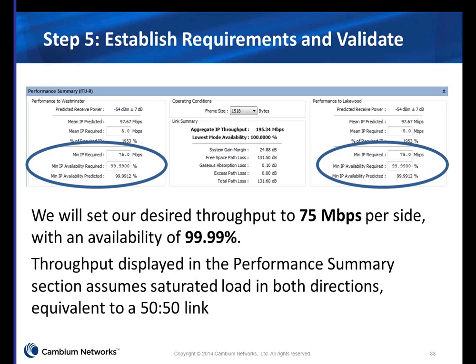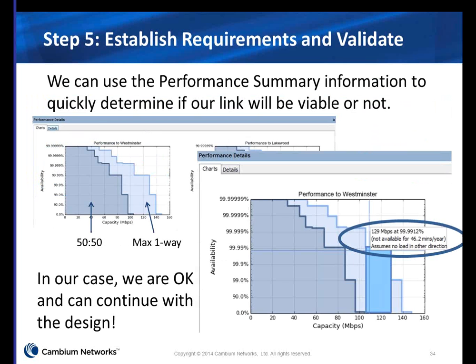The throughput shown on this link assumes a saturated load in both directions, but if you want to see what the maximum throughput is, we can also show that in the detailed performance. There are some charts. In these charts, when you're in enhanced PTP mode, you'll see two options. One is the dark blue area, which shows the symmetrical load, which is sort of equivalent to the 50-50 downlink uplink ratio that we see in the standard PTP